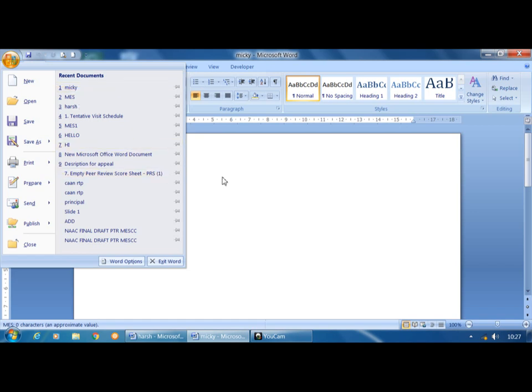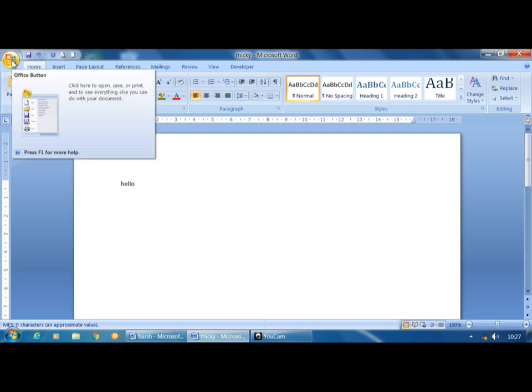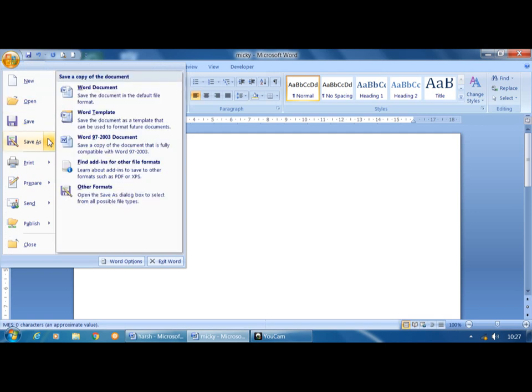Next I want to make a duplicate of this one, so I will write something here, hello, and I want to make a duplicate of it. Click on the MS Office button, click on the save as option. Here again different sub options are there: Word document, Word template, then Word 97 to 2003.